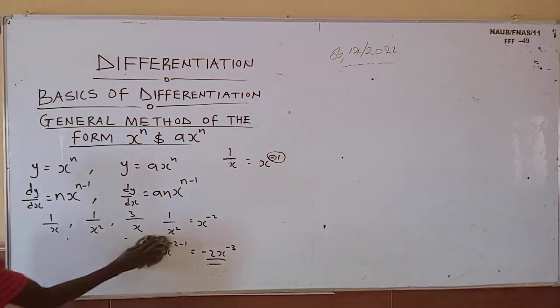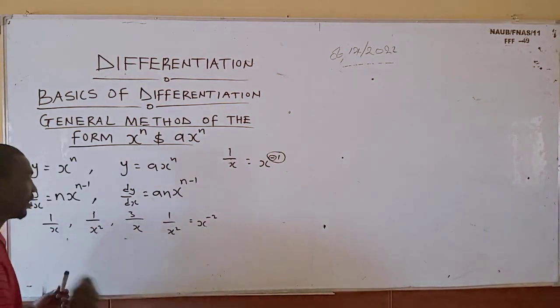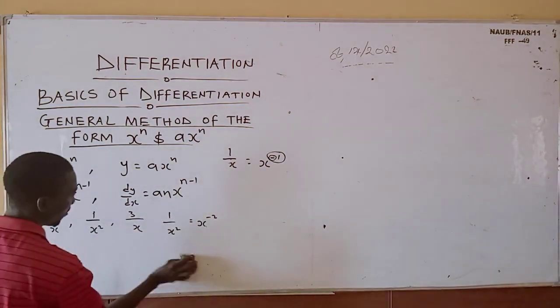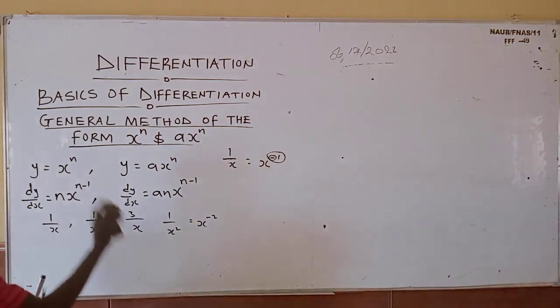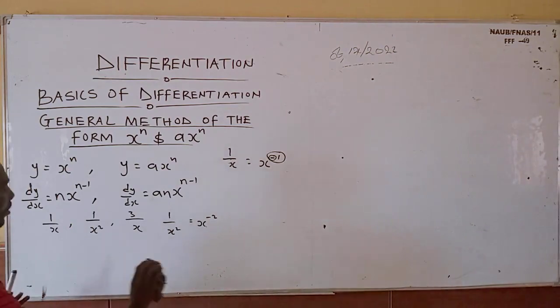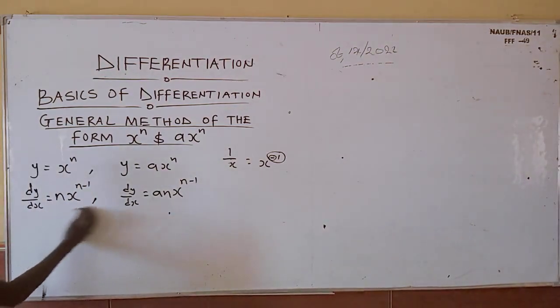So now, I hope you understand this. It's as easy as this. These are the basics in the general form method that you need to know. If you know all this, you don't have a problem. Okay. Now, what if we don't have